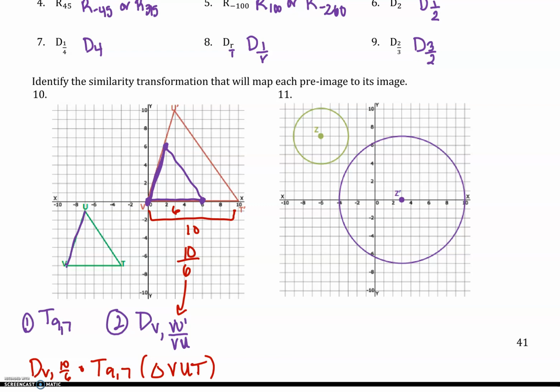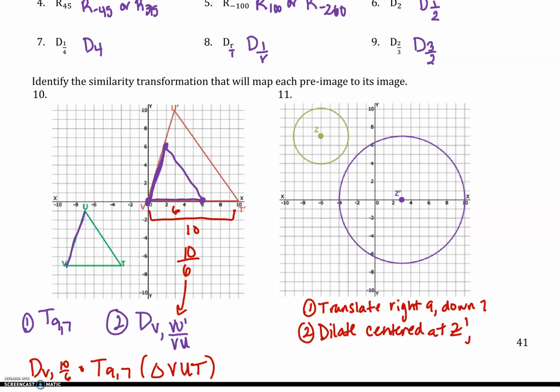So for number 11, if we want z to move to z prime, we have to move it 1, 2, 3, 4, 5, 6, 7, 8, 9 to the right and down 7. And if you want to use it in words, you can. And then we have to figure out our dilation. Then we would be dilating it centered at z prime, scale factor,